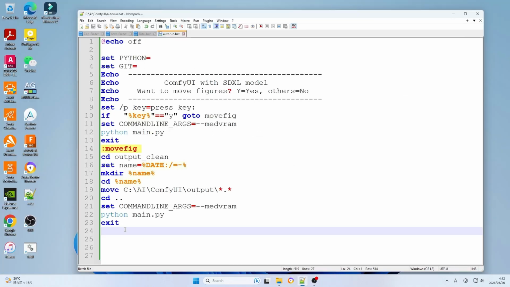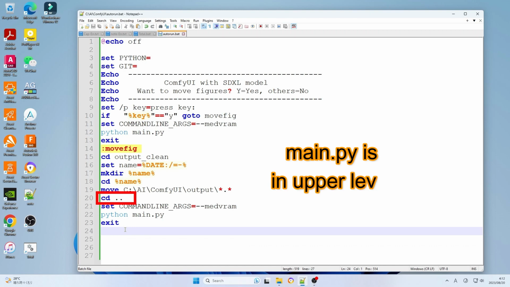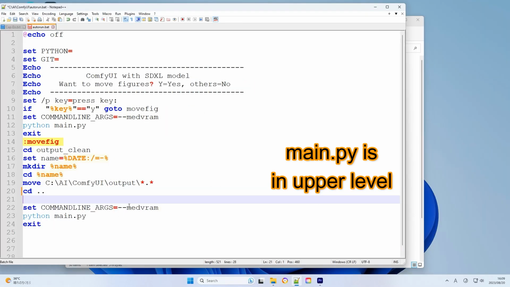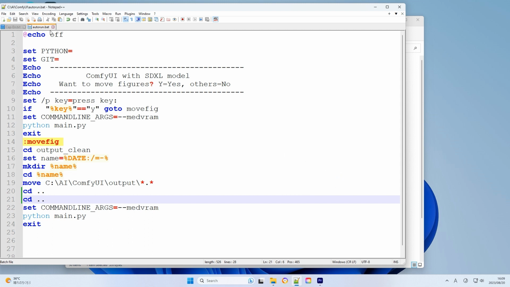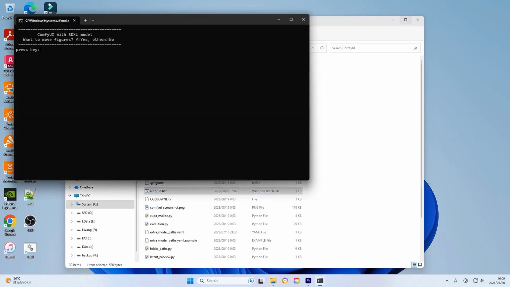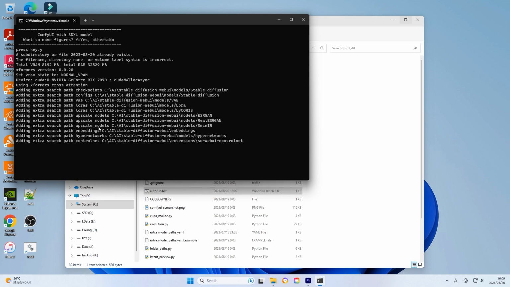To further troubleshoot, I examined the auto-run batch file, where I identified that a particular command wasn't comprehensive enough. To address this, I added the command cd .. to the batch file. After saving these changes, I executed the batch file once again, and this time everything worked as expected.